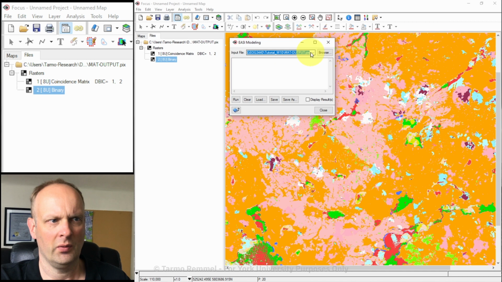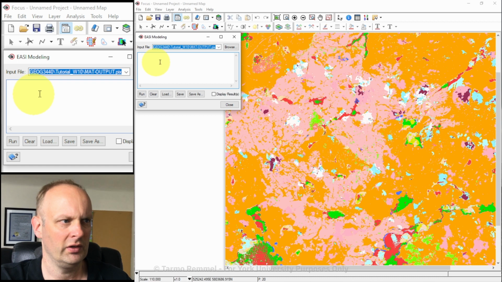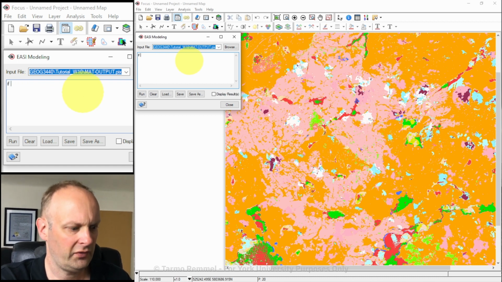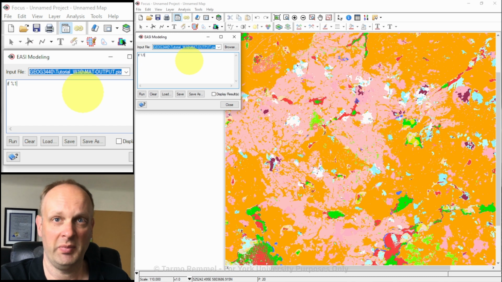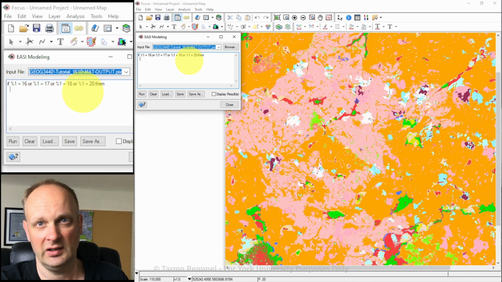We're going to have here already selected the PIX file that we're working with, and now we're going to enter some code. And just so that you can see it better, I'm going to slide this over here so you can see my typing a little bit bigger in the zoom window. I'm going to say if %1, so if that's band 1, that's our input layer, is equal to 16, or if %1 is equal to 17, or %1 is equal to 18, or %1 is equal to 20, then we're going to indent,